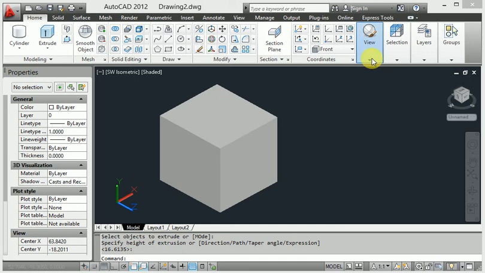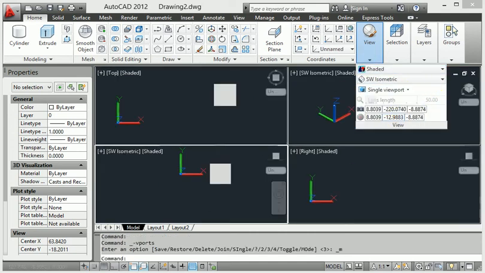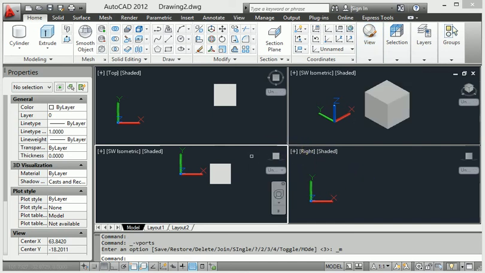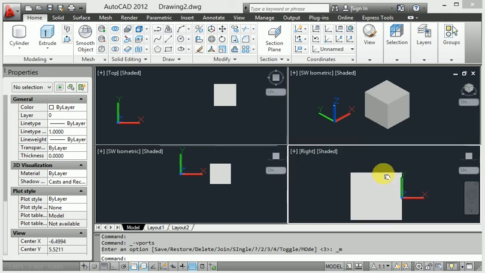So let's enter the multiple viewport right now, enter here. Here is the multiple viewport. Look at this, every view properly here, understanding in an easy way.